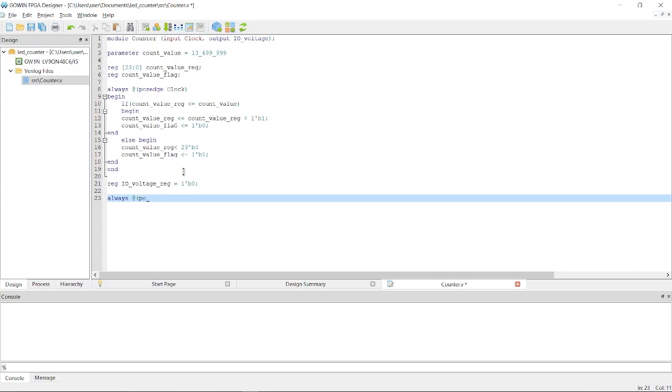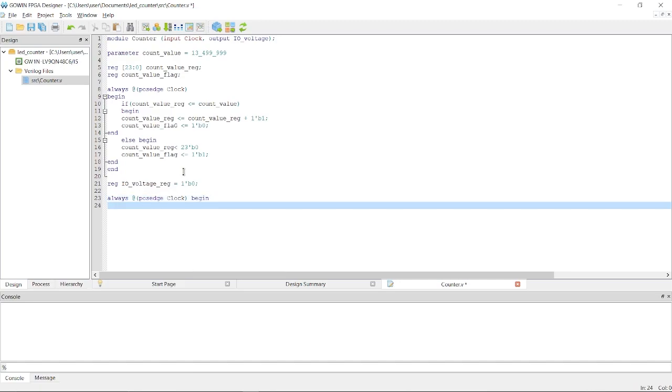Here we designate our pause edge as the clock. If now here, if our count value flag is equal to 1 bit, as we have designated it,